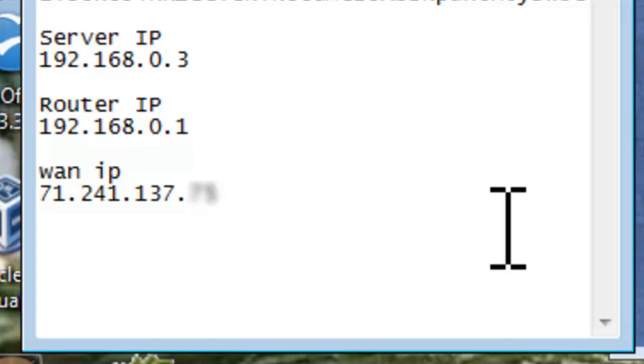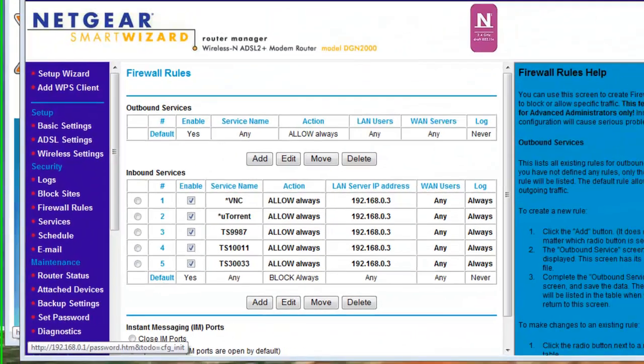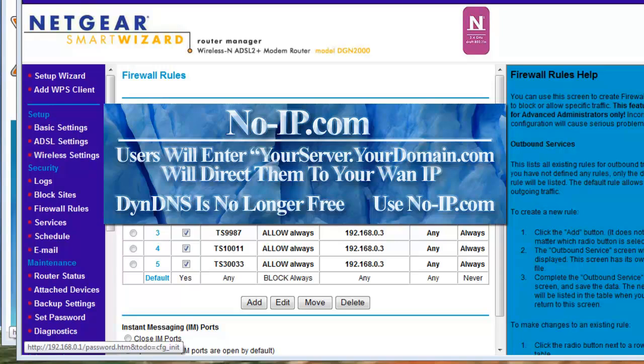When your router is rebooted, it may pick up a new IP address. You will need to check this and give out the updated address if it changes. You could use DynDNS or another update utility to monitor and update your router's IP address as it changes. This will allow you to create a name like myteamspeakserver.mydomain.com, which would point to your router's IP address. The DynDNS server will monitor your IP address and update it as it changes. This is much easier for users to remember than the IP address. I will create a video on DynDNS at a later date and link to it here.